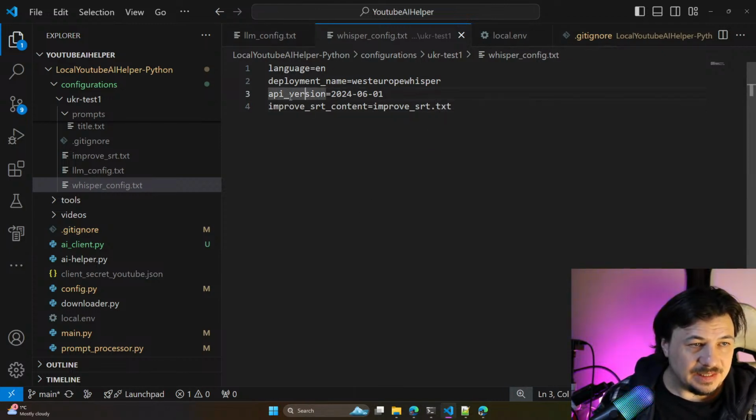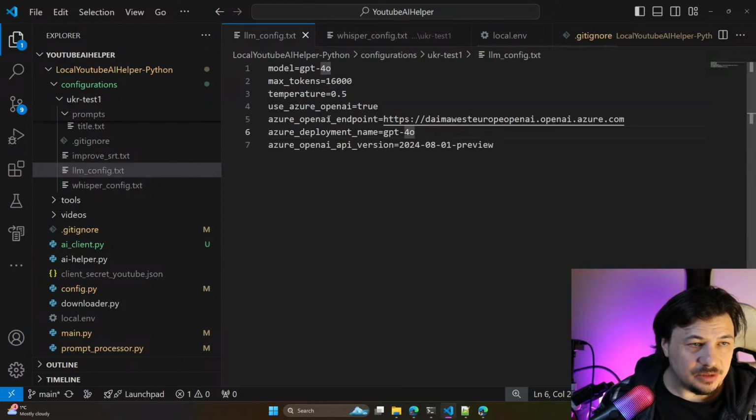So we'll use the API version, the Azure API, OpenAI API version.